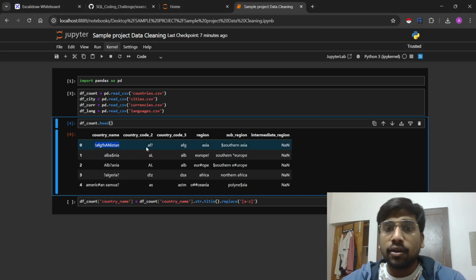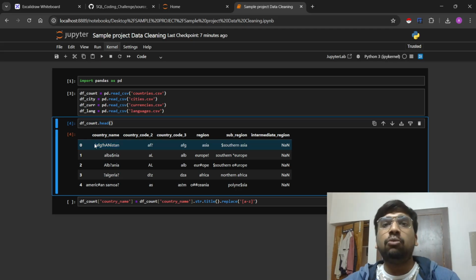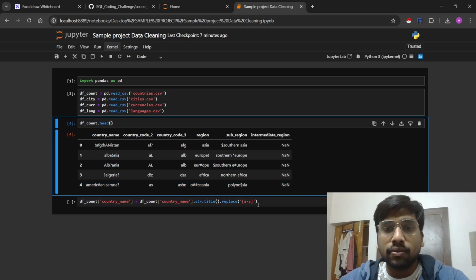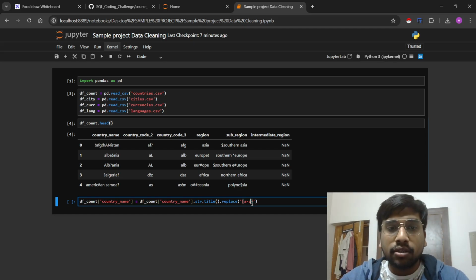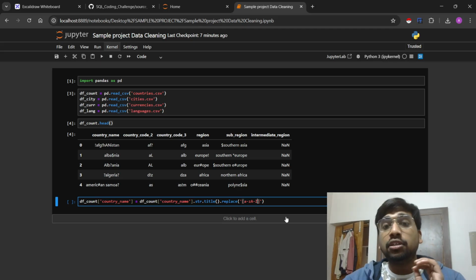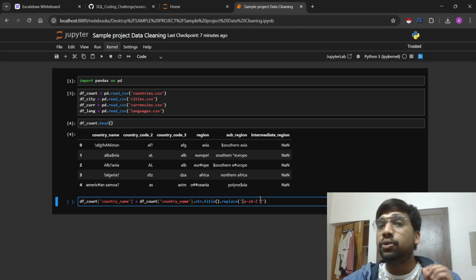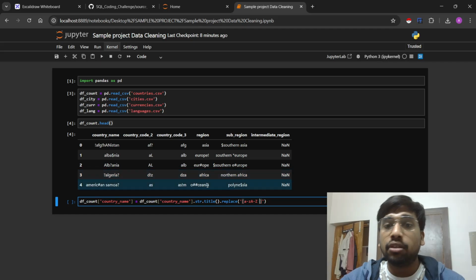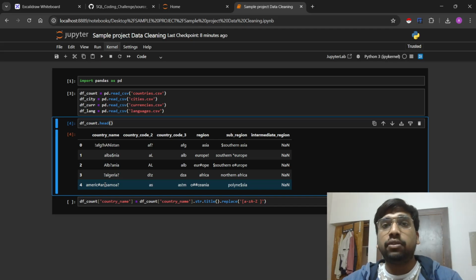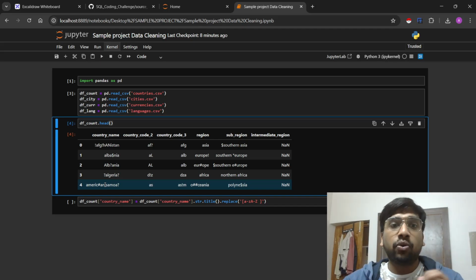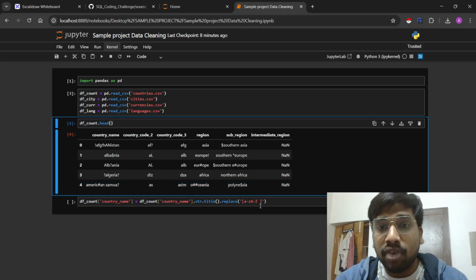Okay, so coming back, yes, that is why we do not want to remove any capital letters. I mean, we want to keep capital letters, but we want to remove the special characters. So let's say we can keep the capital A to Z part as well. And an important thing here, you have to put a space here. Why? If you do not put this empty space, the white space, then words like this country, American Samoa, the space between them will also get replaced by nothing. The space will also get replaced, and we do not want that. We want to keep these white spaces, right? So that's why we keep a space here.